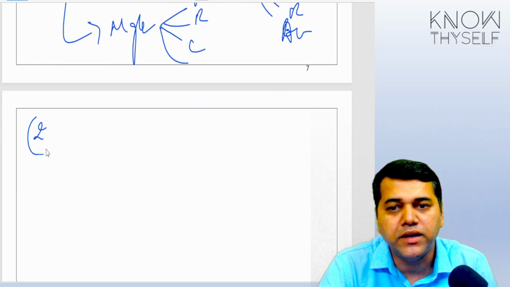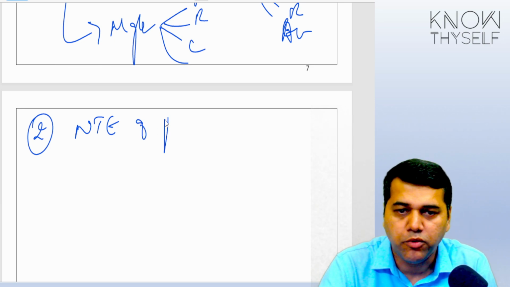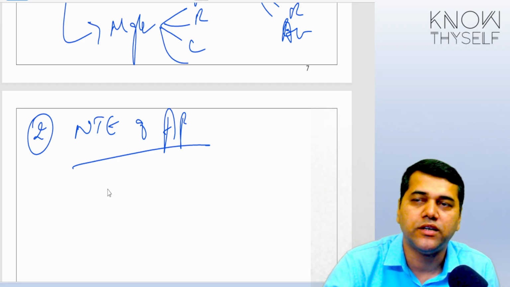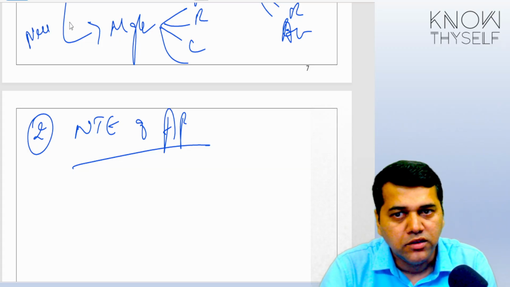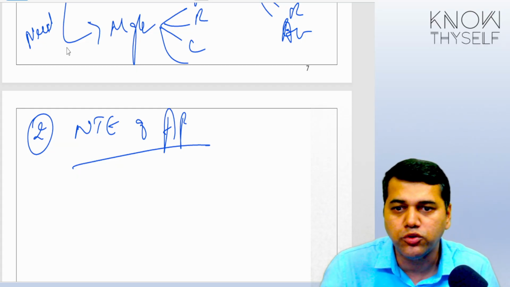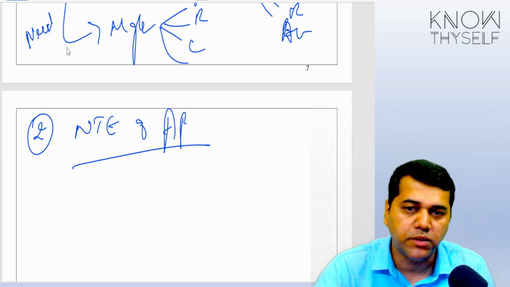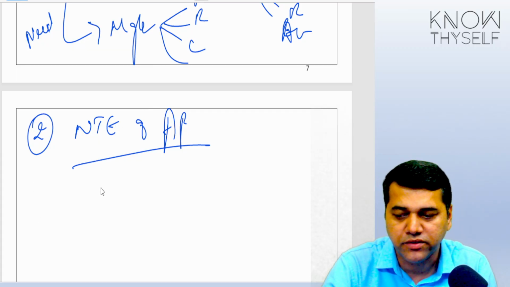Then the second requirement is all about nature, timing, and extent of the audit procedures. That depends on when you include the expert. Once you figure out that yes, you need one, do you need it immediately? Do you need it at the end of the year? Do you need it for the full year? Do you need it only for 1 month? And what type of work they are going to do, what type of work you are going to do, that depends upon, again, a very similar factor, the nature of the matter.